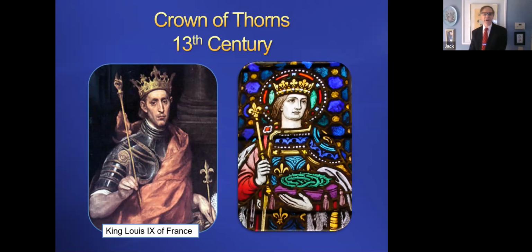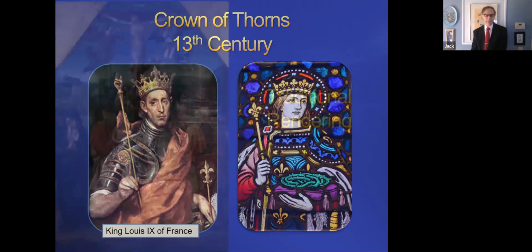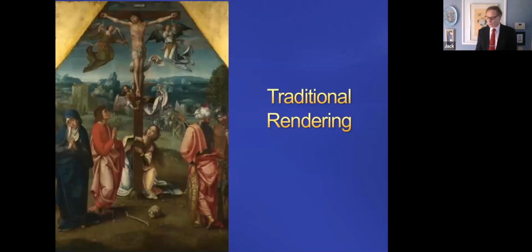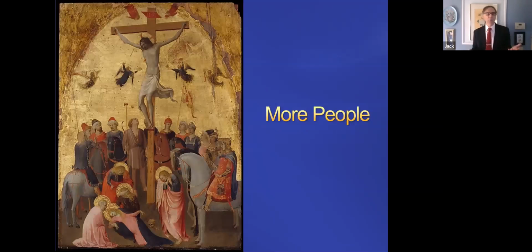Now, a traditional rendering of a crucifixion will generally have Christ, maybe some angels, and then what's called the three Marys: Virgin Mary, Mary Magdalene, and then Mary of James. And also a man who's generally John the Evangelist here. But they started expanding the number of people. So if a couple people were good, the idea was more people were going to be better. And they would throw in Roman soldiers and crowd people and different people into the painting and more angels in there.